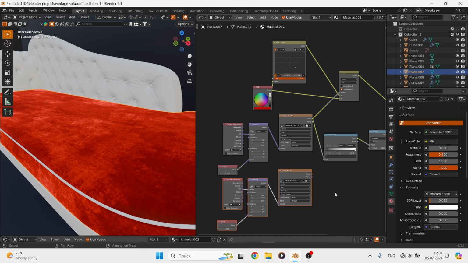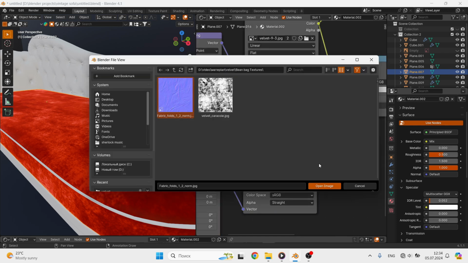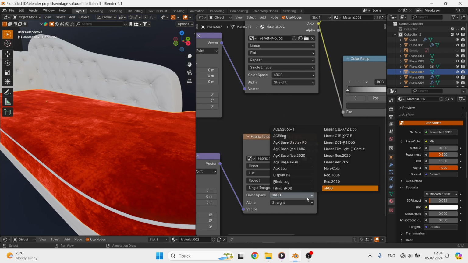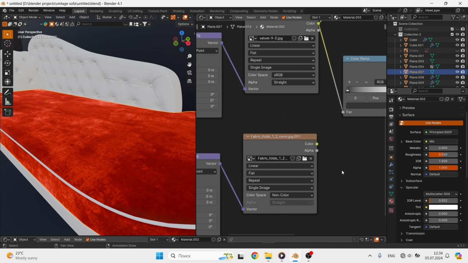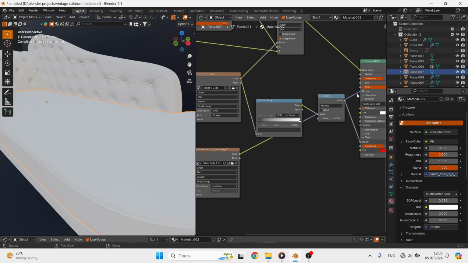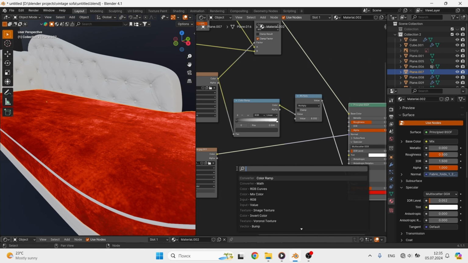And so we select the coordinate texture, mapping, value and image texture and copy them to save time and not create them separately. But you need to change the map and color space. You need to change from RGB to non-color. This is very important, do not miss this moment. After that, you can connect color to normal.